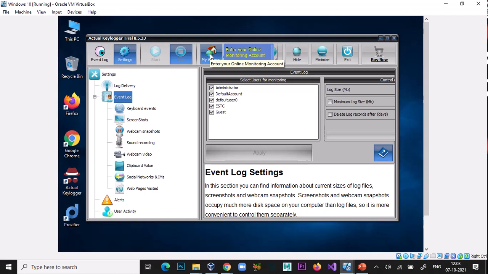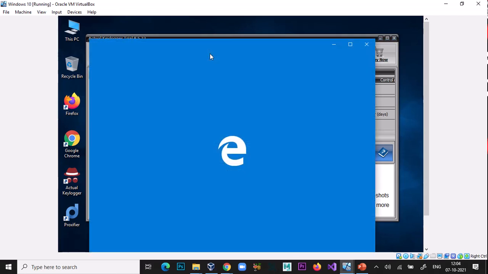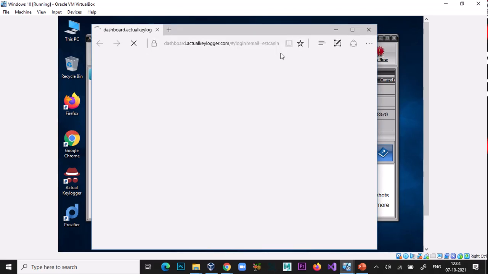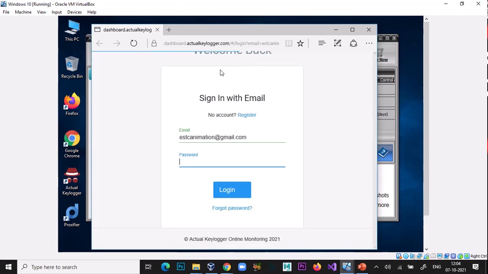First of all, you have to click on enter your account. The face of that software is completely changed.